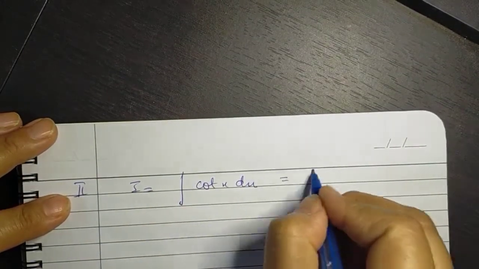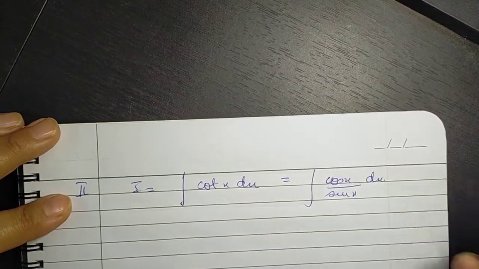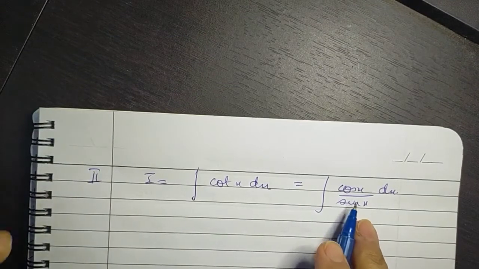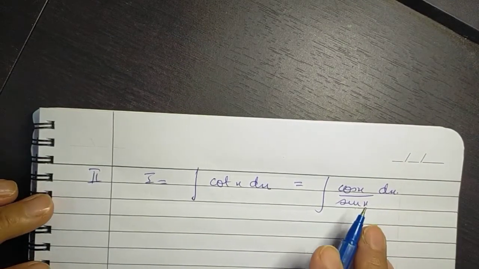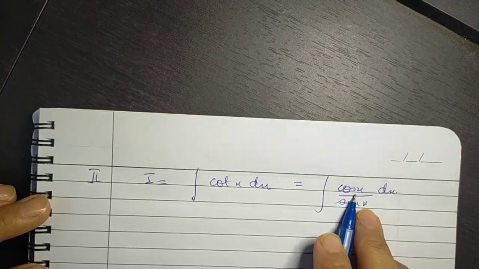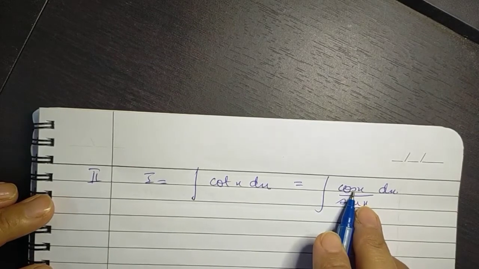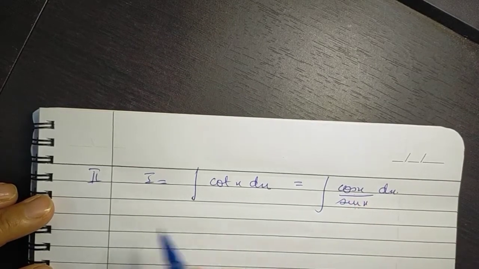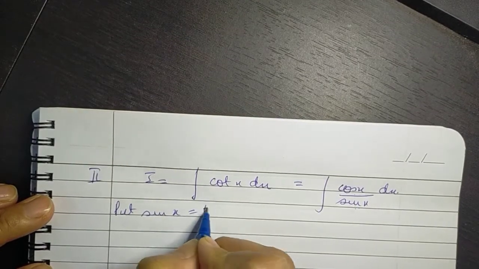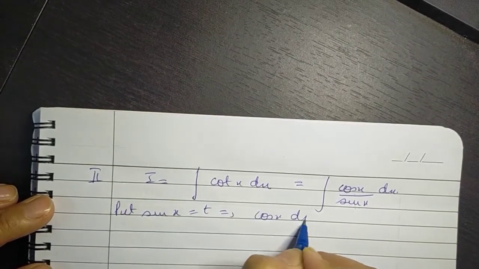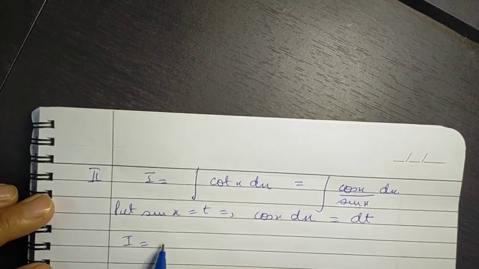Same way we write it as cos x over sin x into dx. Again we can put any one of these as t, but which one will we use? The one whose derivative comes in product with dx. Now cos x is the derivative of sin x, and so put sin x as t, we get cos x dx as dt, and so I becomes equal to